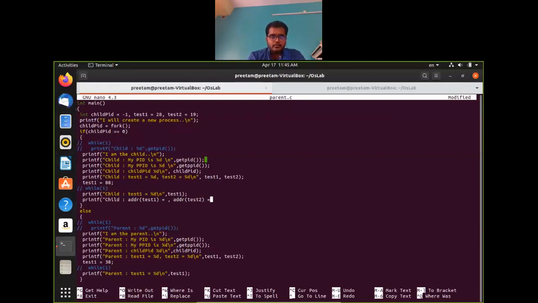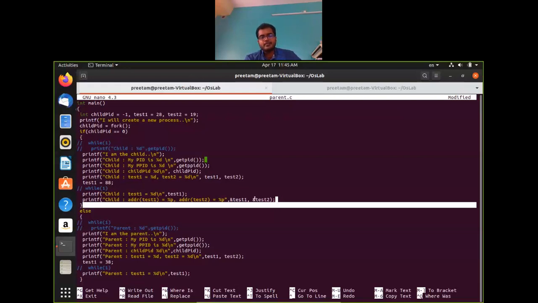is equals to. Okay, so now we can print the pointer value using %d or using %p as well. Okay, so let us use %p for pointer, and we'll do now the address of test1 and the address of test2, right? So see, this is test1, address of test1, and this will be print. So addr within bracket test1, here it will print the address of test1. Okay, and addr test2, here %p in place of %p, it will print the address of test2, right?